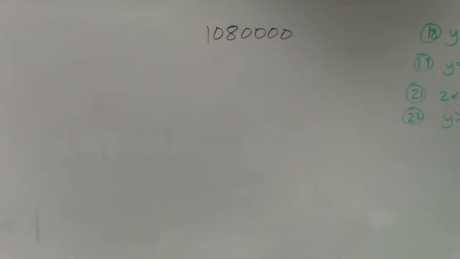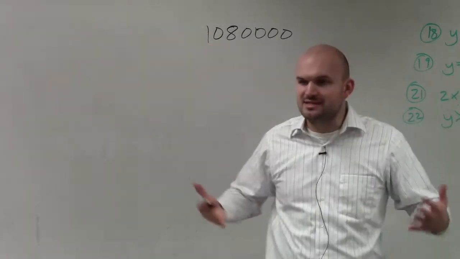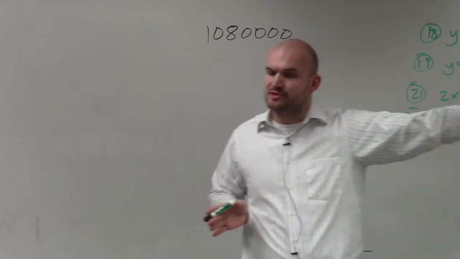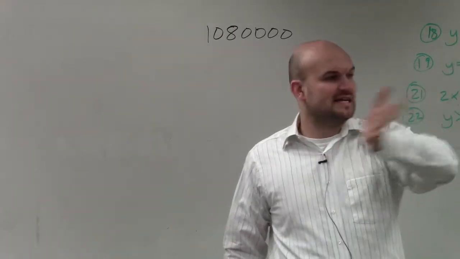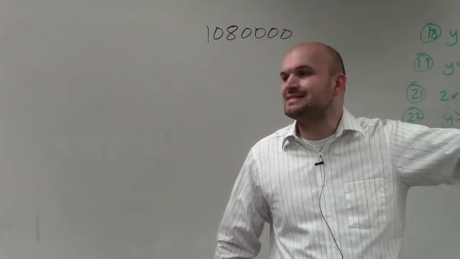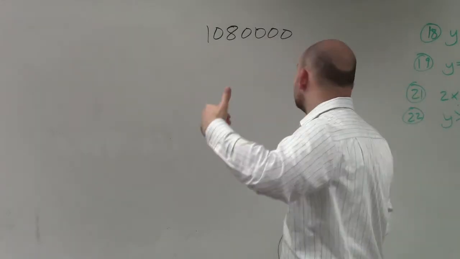So, ladies and gentlemen, when given a number and we're going to rewrite it in scientific notation, it's very important. I think a lot of students like scientific notation rewrite because if the exponent is positive 4, you just move the decimal point to the right, and if it's negative, you just move the decimal point to the left. But when we're trying to write a number in scientific notation, it starts to cause some confusion, Blake, because